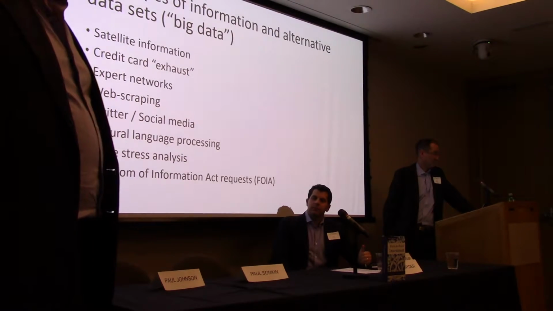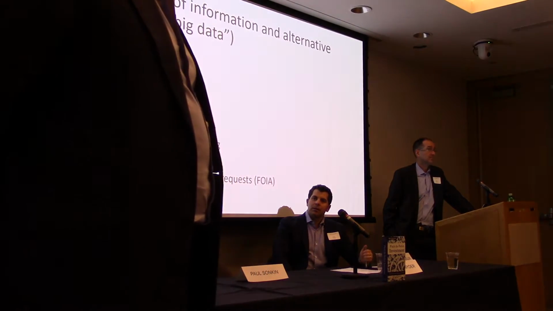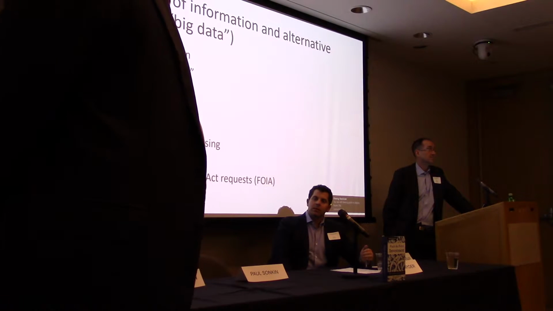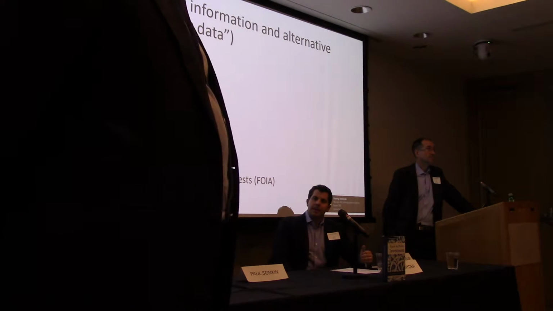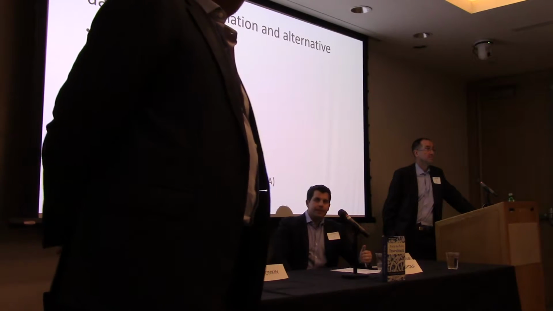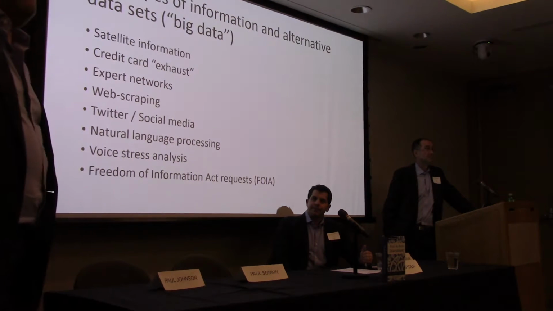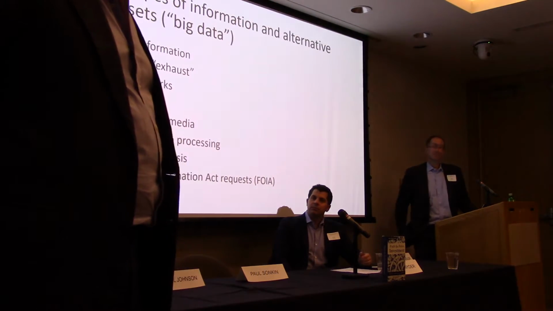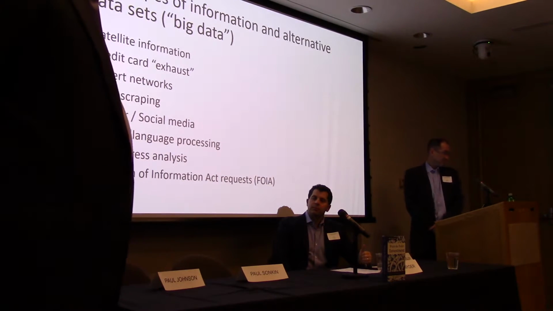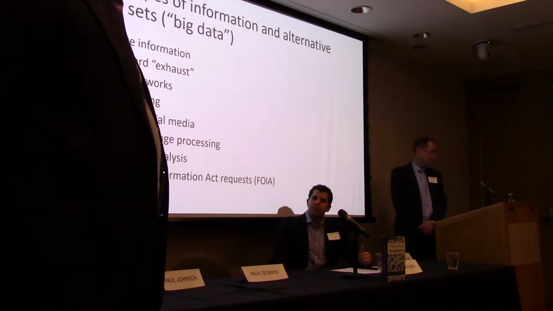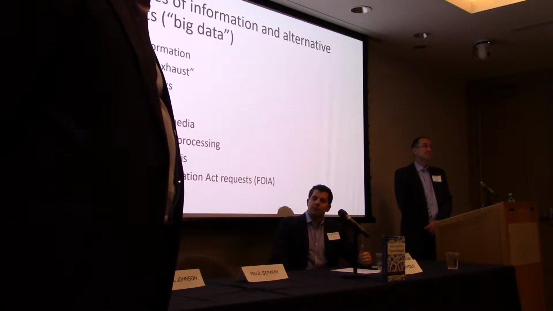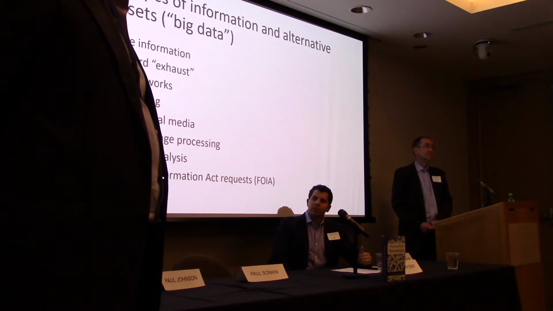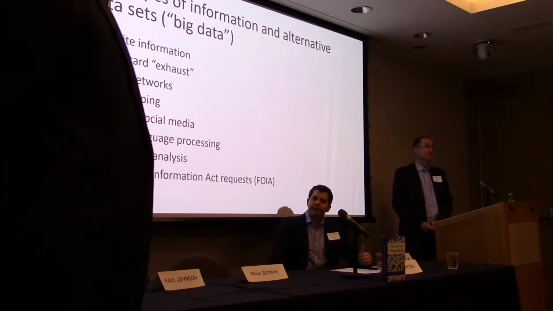But satellite images. So they have satellites that travel over parking lots and tell you how many cars are in the parking lot per hour per day, and you can see that trend. So if you're looking at big box retailers and you're not looking at this information, you're potentially at a disadvantage. Next is credit card exhaust. All kinds of available information on buying patterns and what individuals are buying at what velocity and what areas. Generally costs money, but there's information there. If you're looking at anything that's consumer related and you're not looking at credit card related information, you're potentially at a disadvantage. Not an advantage, but you're at a disadvantage.